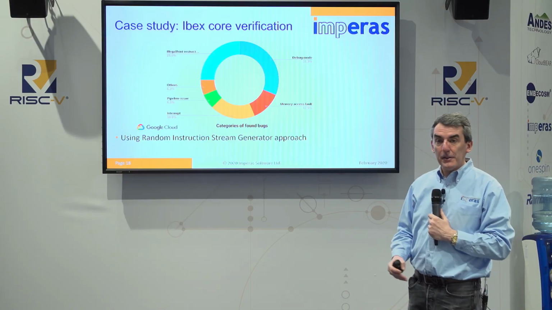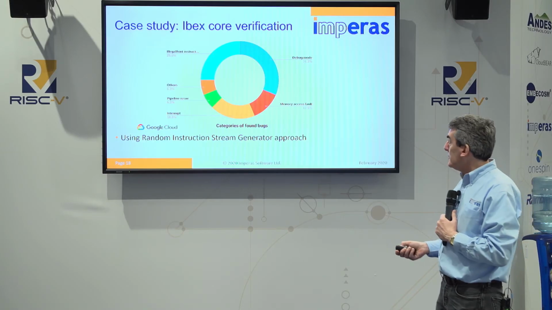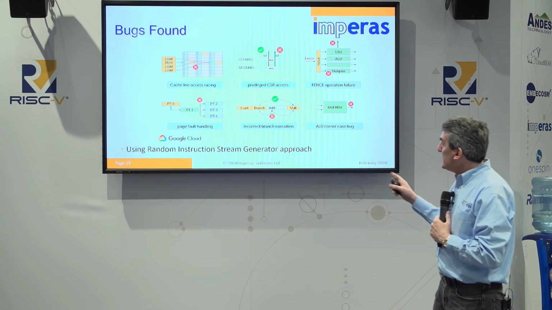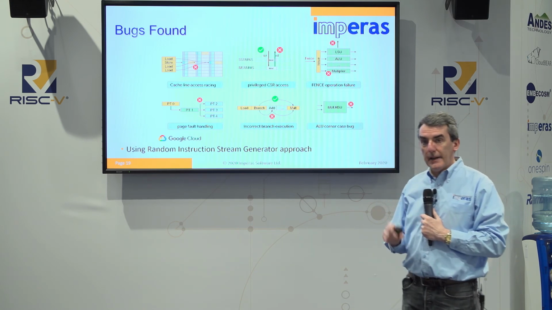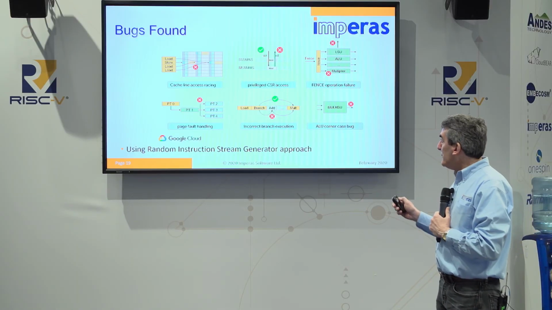As I said, that's our experience with virtual platforms. So a number of the other categories of bugs are complex. These are not simple case scenarios. As I said, a processor is a complex option. This is a little bit more of a diagram of those categories of bugs that were discovered using the Google instruction stream generator, comparing with a reference model. And if you were going to tape out a design, this is the sort of sleepless night you want to avoid by running all these tests well before tape out.